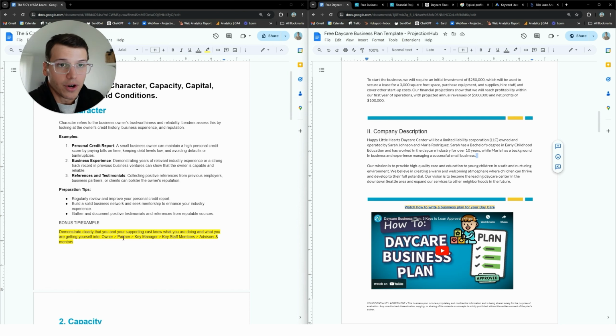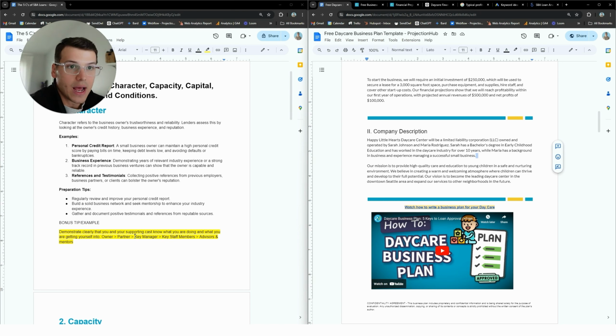So if you're not going to have a partner, if you're going to be a solo owner, the next best thing would be a key manager. So let's assume you're the owner, again, you're the marketing executive, so you have some important skill sets, but you're still missing that key component of managing a daycare, running a daycare before. And so maybe you have a friend or know someone in the industry that has 10 years of experience managing and running a daycare as the lead manager or something like that. And if you've already got them locked in and they're like, yes, I want to join your daycare, talk about